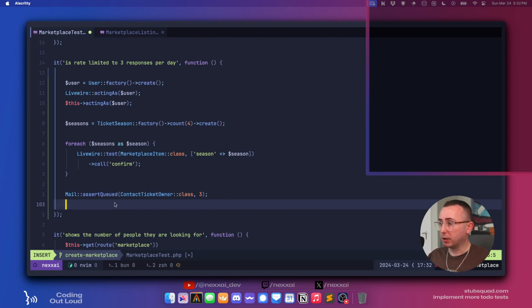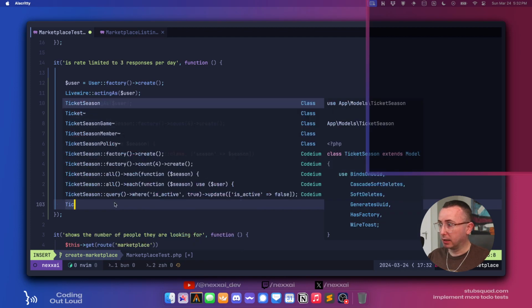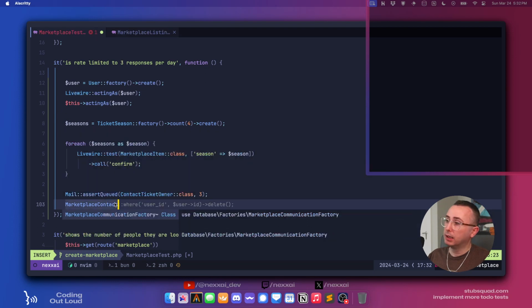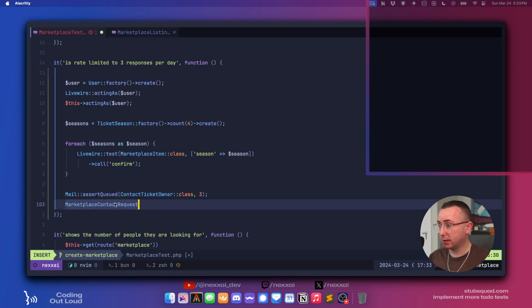And we also want to make sure that we're going to say like marketplace contact request, where user ID,